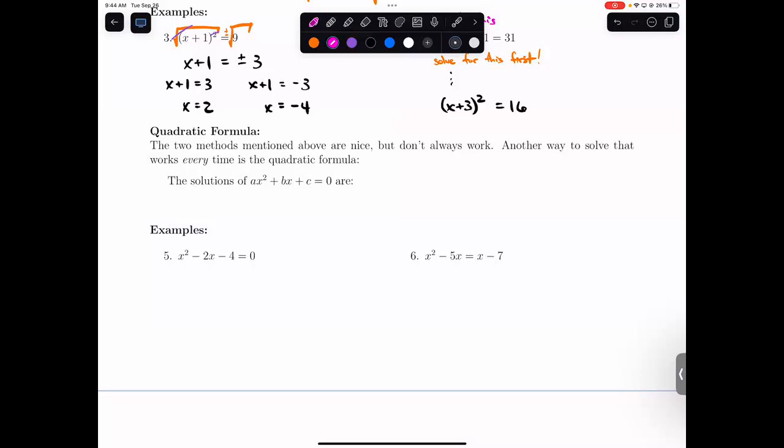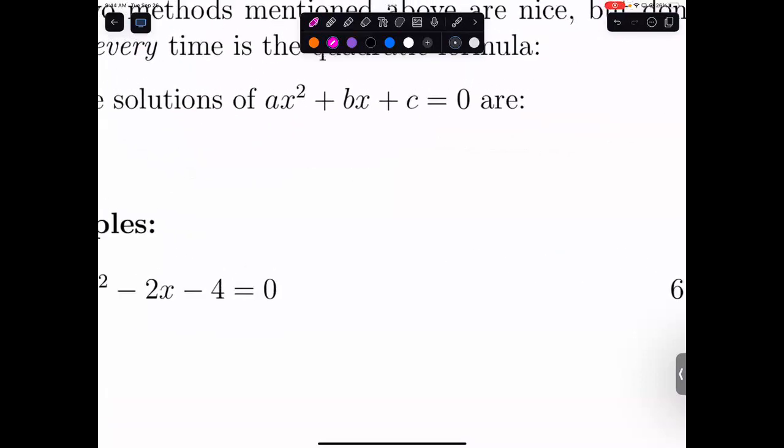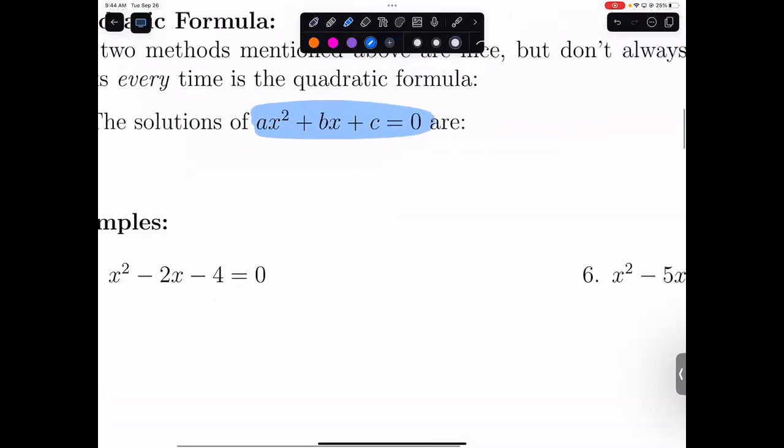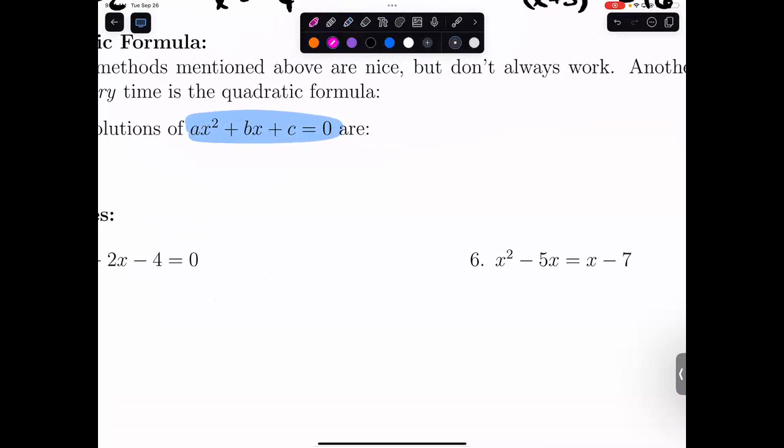Basically, if you take a thing in standard form, like ax squared plus bx plus c equals 0, and the equals 0 part is important, right? Got to have everything on one side. If I take that and complete the square and move stuff around and use the square root property and go through a big old 12-step calculation, I get that x equals,